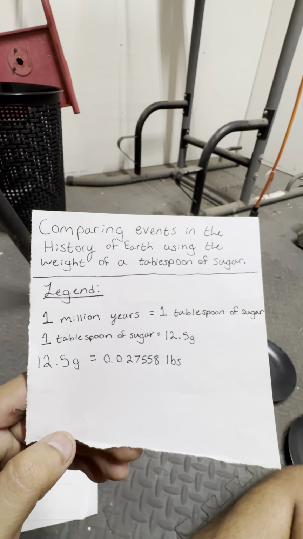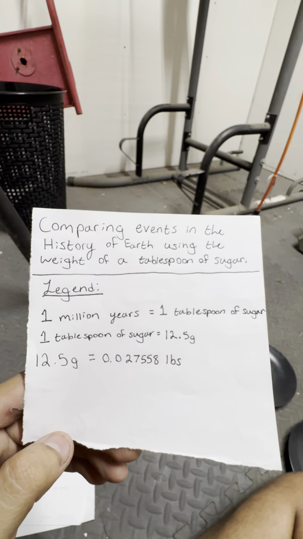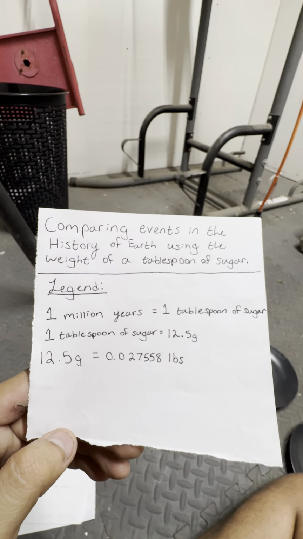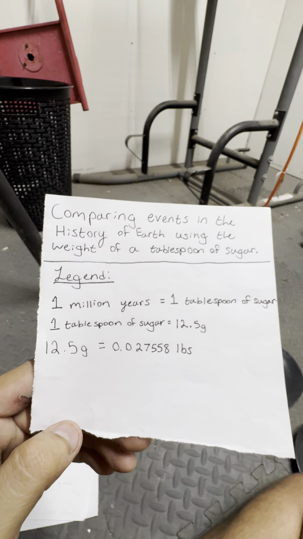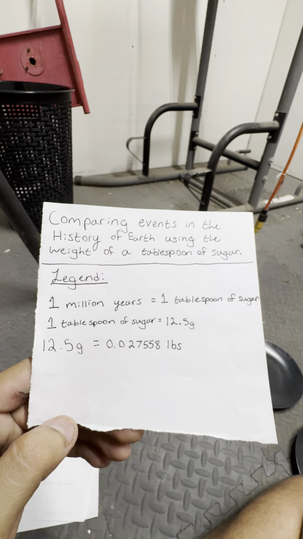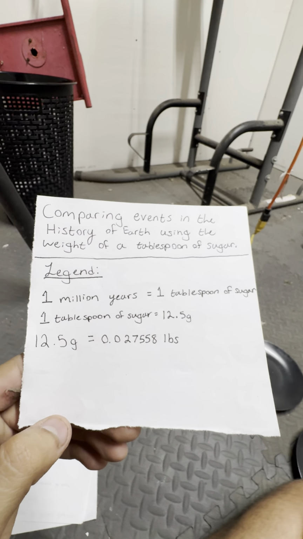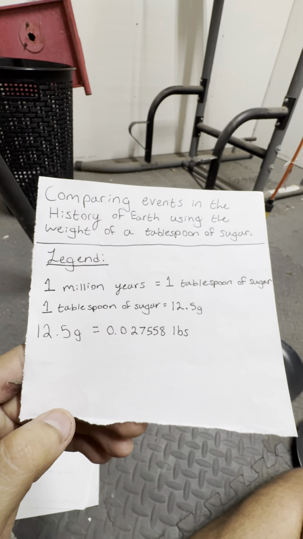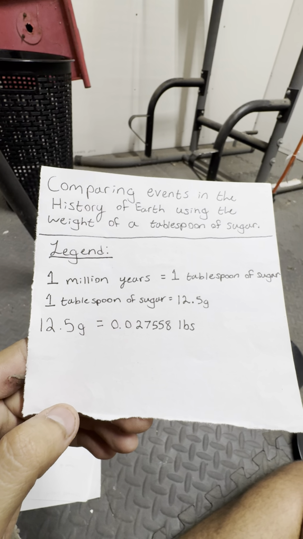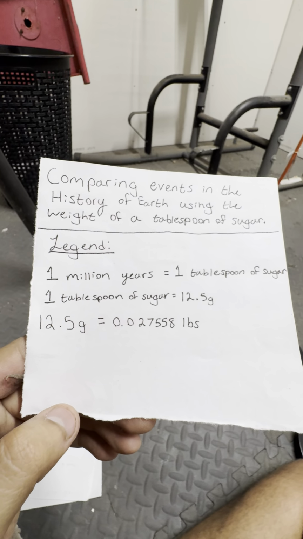Tonight we'll be comparing events in the history of Earth using the weight of a tablespoon of sugar. Before we get started, let's run through a couple things. First off, let's get our legend detailed. Every 1 million years equals 1 tablespoon of sugar. Every 1 tablespoon of sugar equals 12.5 grams. And every 12.5 grams equals